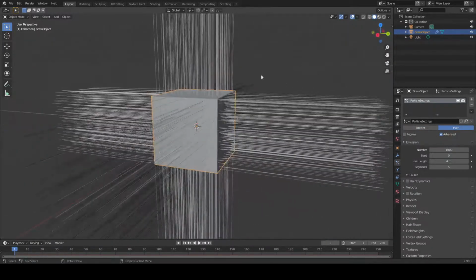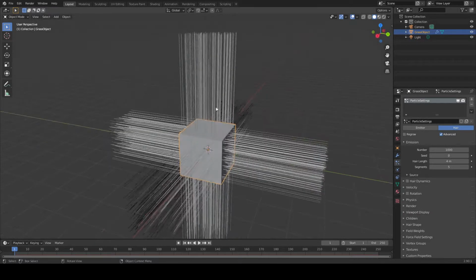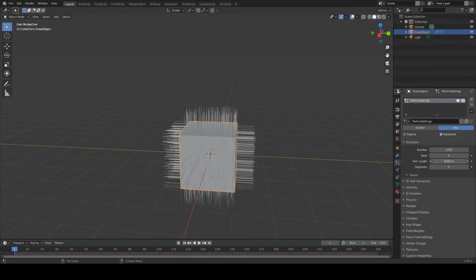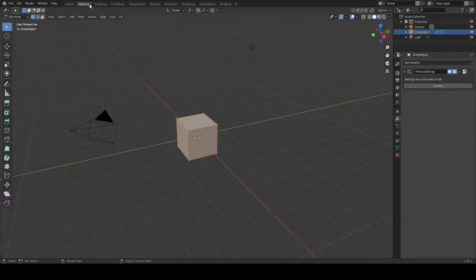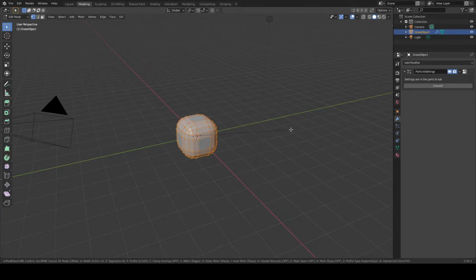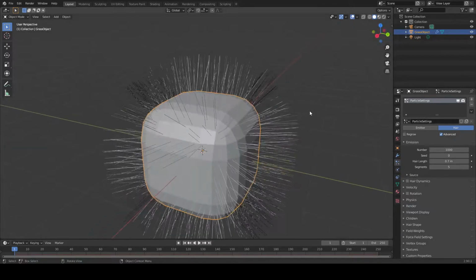So basically what we are doing here is we are emitting a particle from our object, in our case this cube, our grass object, and we are emitting a hair particle. Alright? We can adjust the size and everything with the hair length, make it a bit smaller. What I'm actually going to do is go to our modeling, Control B. I'm just going to scroll a little bit, and round the corners of our cube, so it makes a bit of a nicer